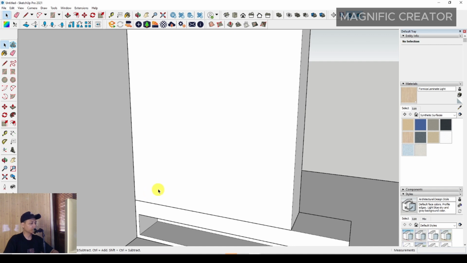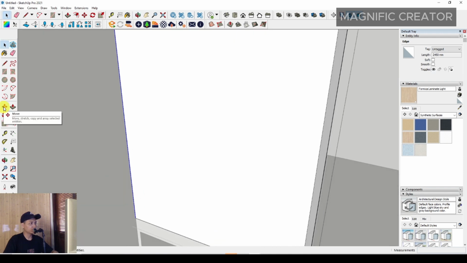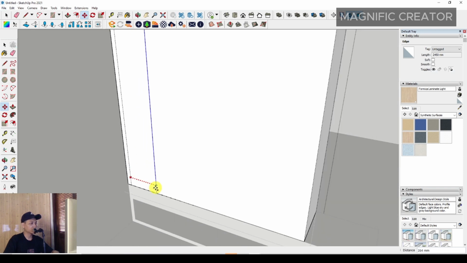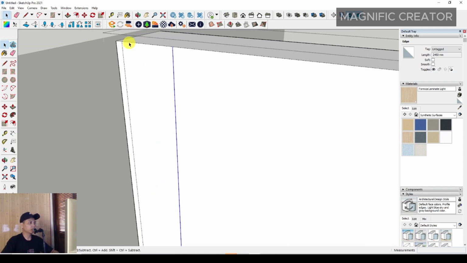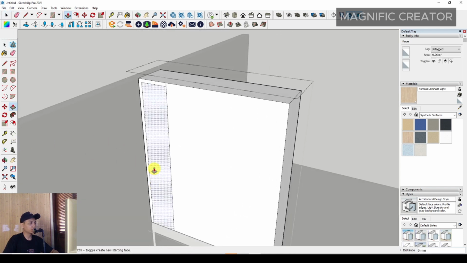And then you can make another shelf in this area. You can move this line, and then press Control, and then just click it, and then you can press on the red axis. You can adjust it to the right side around 400 millimeter. Okay, and then you can set the thickness of the top shelf to 50 millimeter, then you have to push it to the back around 550 millimeter. Okay, and then